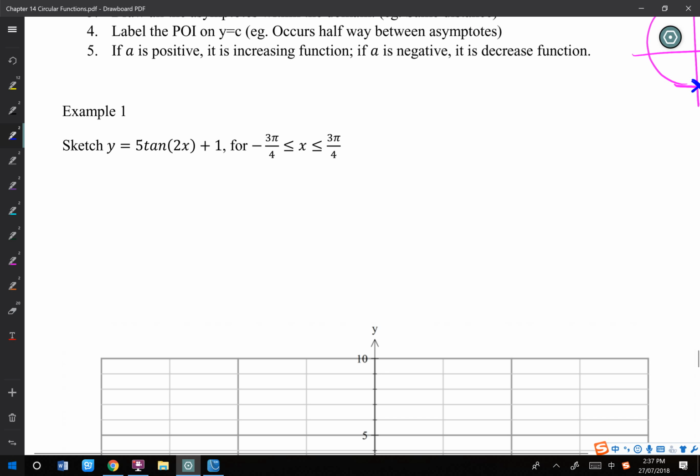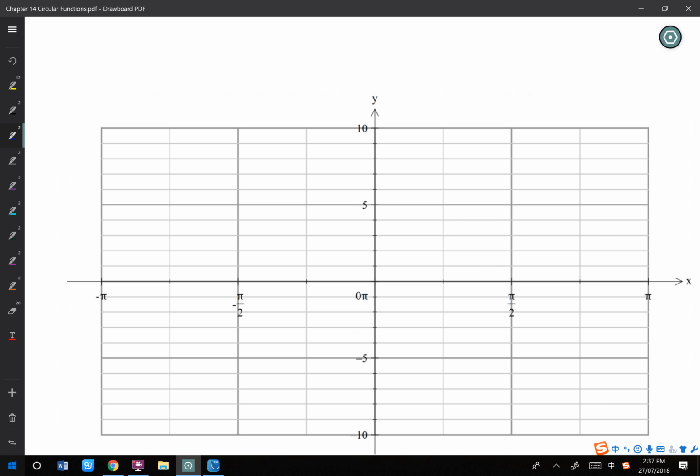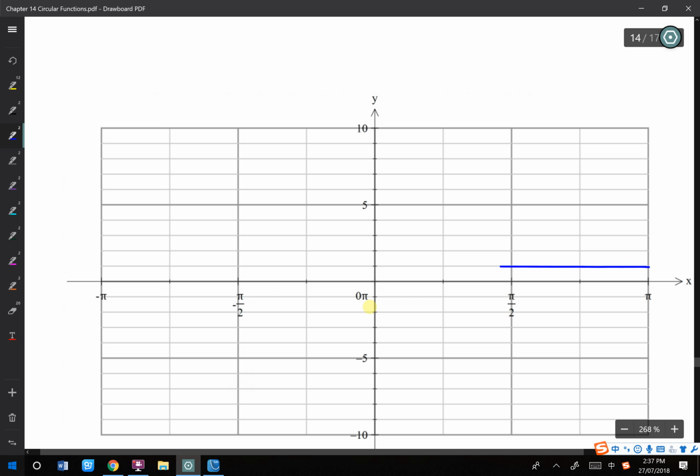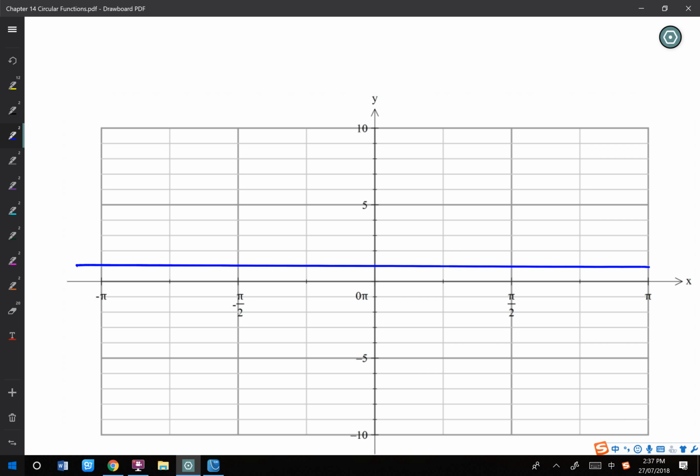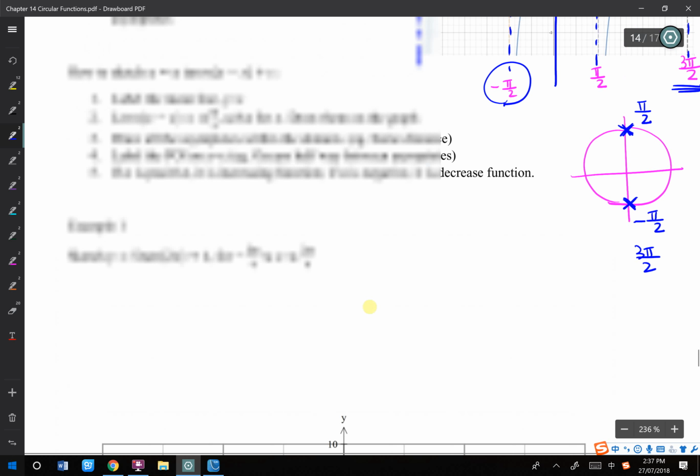So let's have a look at example 1. Example 1 asks us to sketch 5 tangent 2x plus 1. So the 1, let's sketch the 1. That's where the stationary point of inflection is. You don't need to draw it, but when you draw it, that's fine. Okay, next thing is,